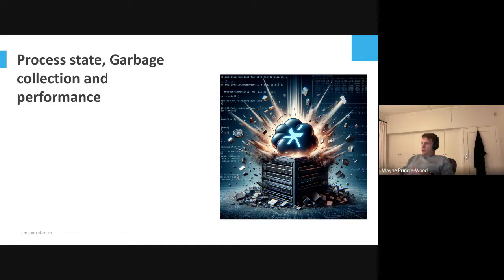We thought it was a good idea to store that in the state of our GenServers. Every time a SIM moves from one tower to another, this bit string gets updated, but the GenServer never gets garbage collected. Suddenly we're dealing with 32 gigs of process state inside our applications, and we were wondering why this doesn't get garbage collected.